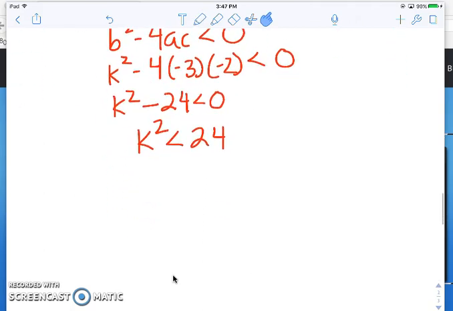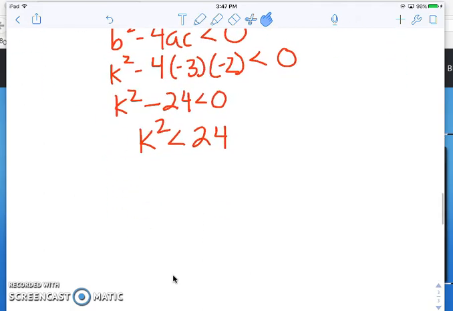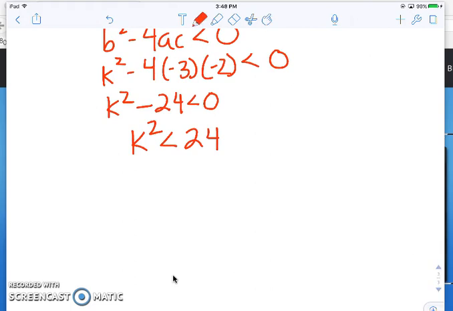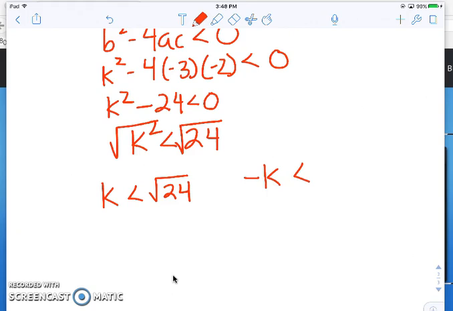And this is where things get a little tricky, these inequalities and when we take the square root. So we know we're going to square root this. So it's not like an equal sign where we can just do plus or minus. So we know some value squared has to be less than 24, the square root of 24. So if k was positive, it would just be k is less than the square root of 24. But if we square a value, it could also be negative. So we're going to say, what about negative k also has to be less than the square root of 24. So k has to be